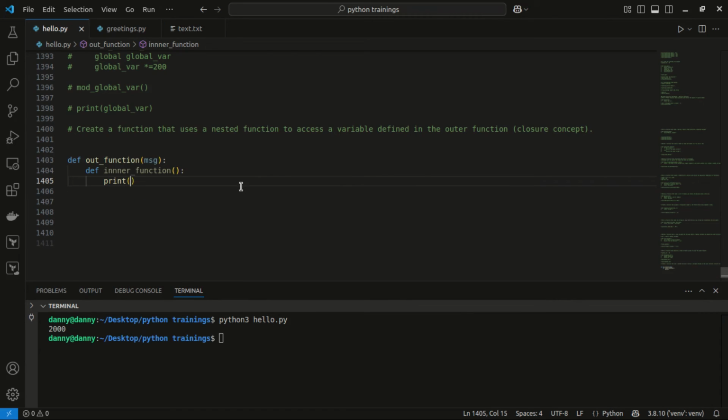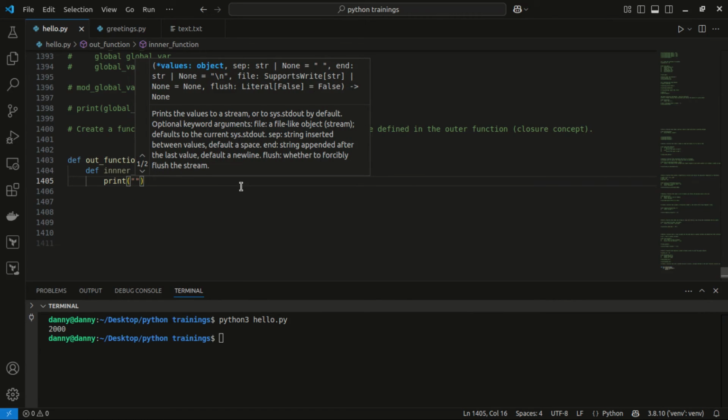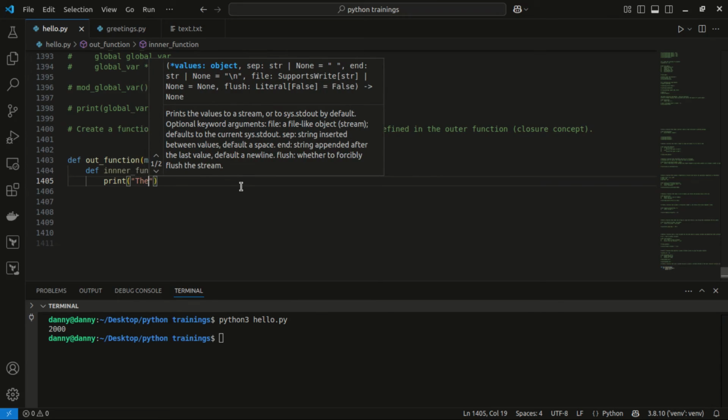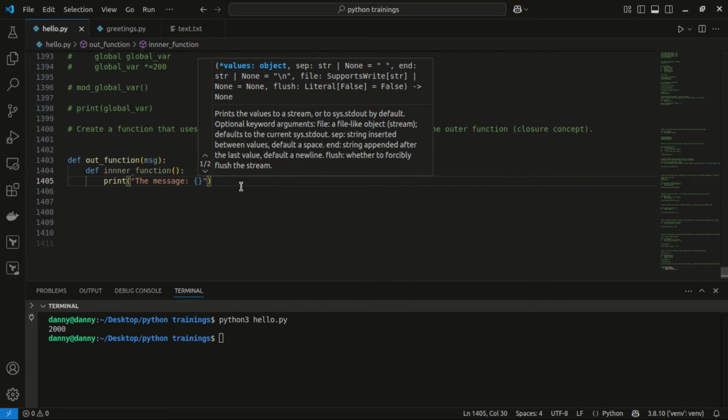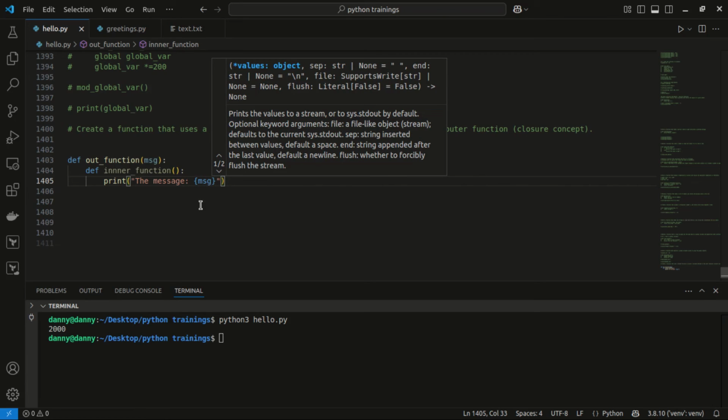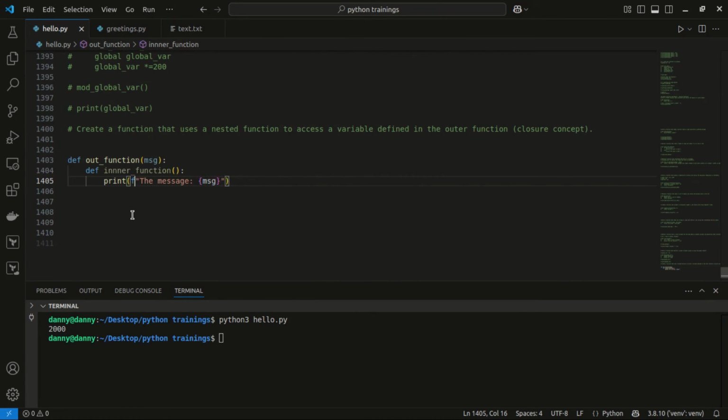We want to print the message. We use msg, so we need to format this. All right, so look, we have the inner function, and when this function is called, it is supposed to print